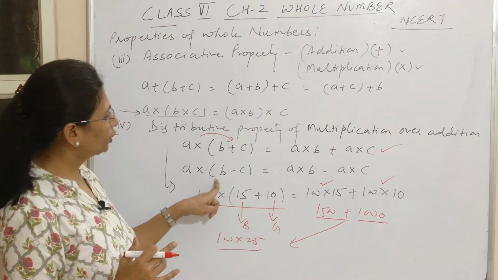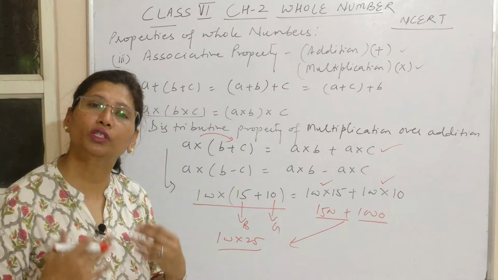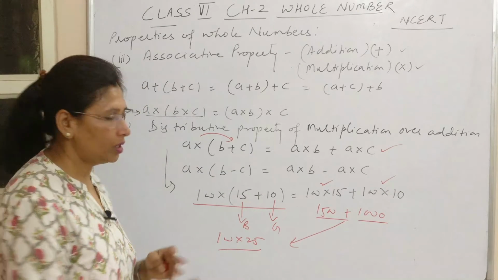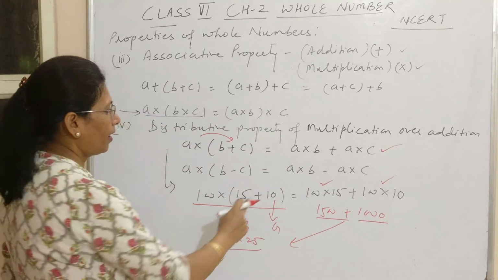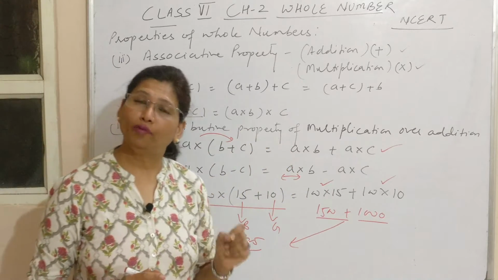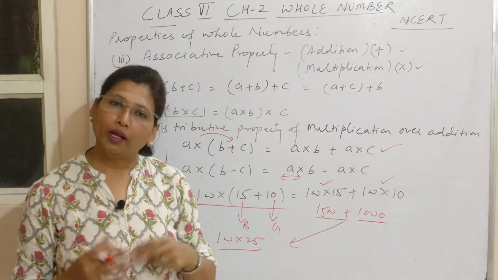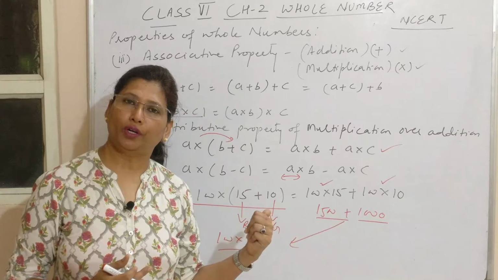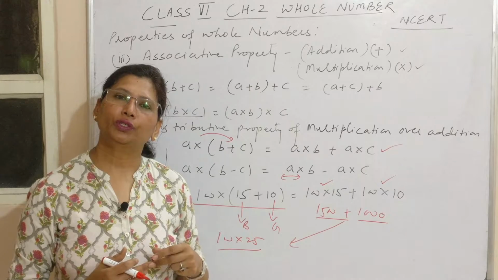Now the same goes for distribution of multiplication over subtraction. Subtraction means we just want to find out how much more money is collected from the boys as compared to the girls. So it gives the difference. So what we do, the bracket is opened and we get the result. So this is very, very important, because whatever the question being asked, this is a new thing, and in word problems also the questions are solved based on the distributive property. So you must be very careful while handling the questions based on this.